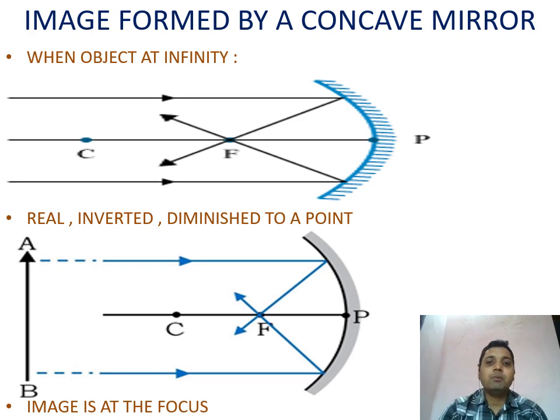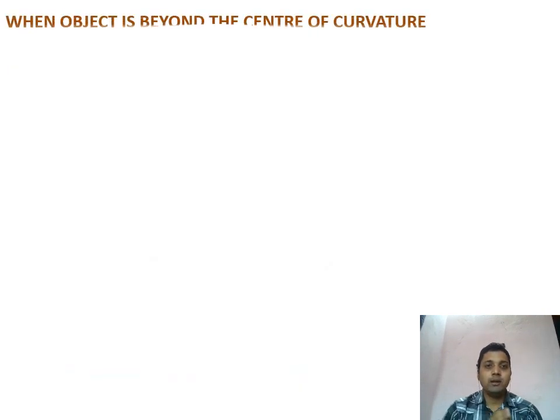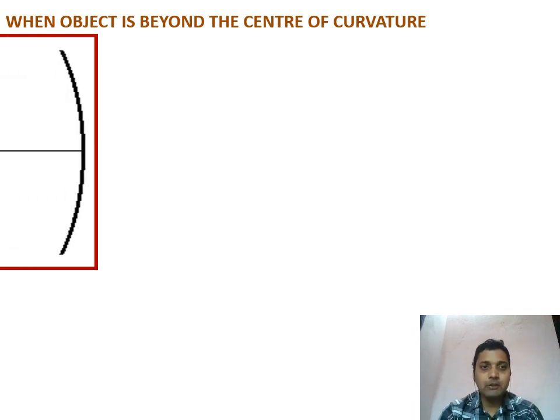Here is the image formed by a concave mirror when the object is at infinite distance. Now, the object from infinite distance will be brought a little bit nearer. When it comes near, the position is beyond the center of curvature, just back of the center of curvature. We have placed the object there. Now we'll look at where the image will form, and here we have to use two rules from those four.